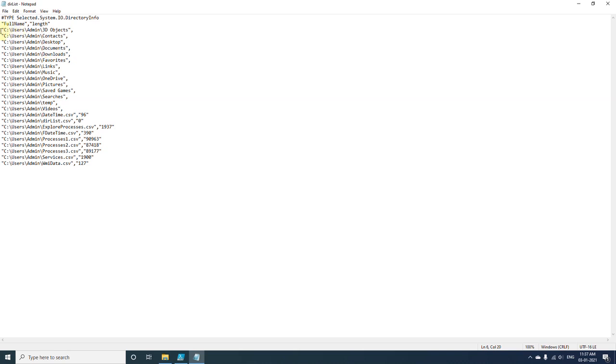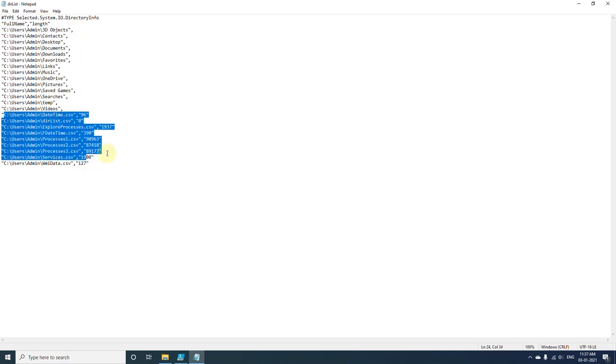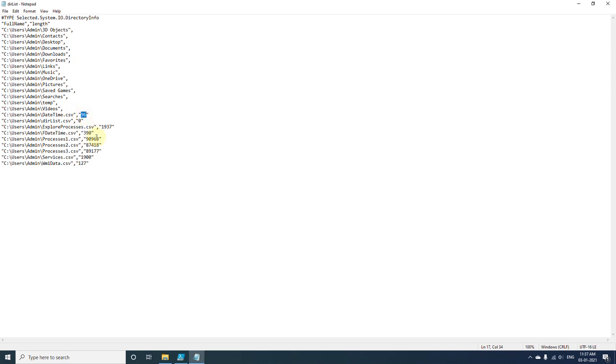You can observe that for whichever are folders, length is not displayed, but if any file is there, then we have got the length. So this is how we can convert any output and store it into any file.